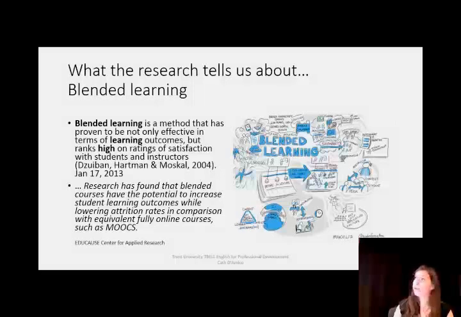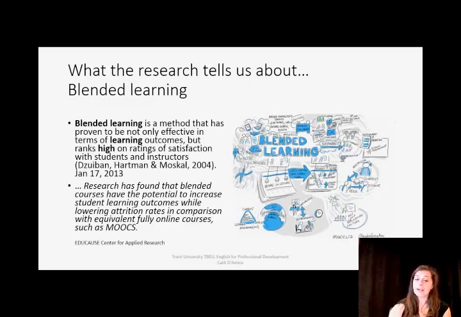Why did we go with blended learning as opposed to developing a massive online course like a MOOC or a self-directed program that would involve a student interacting directly with a computer or a device? The reason why we went for blended learning is because it is effective not only in terms of learning outcomes, but in terms of the satisfaction of the participants, both the students and the instructors.